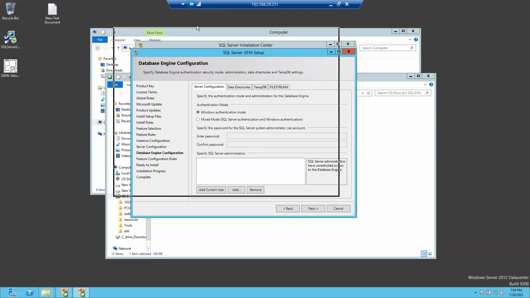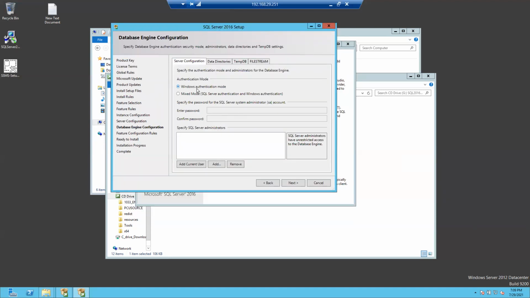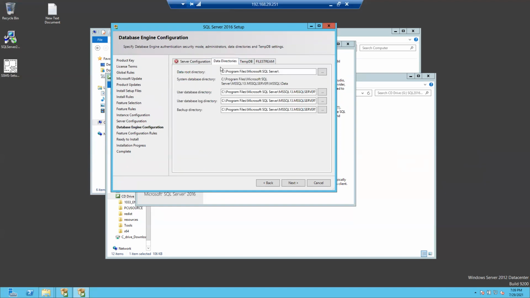Here you also have Windows authentication, mixed mode authentication, and the data directory, log directory, and backup directory.